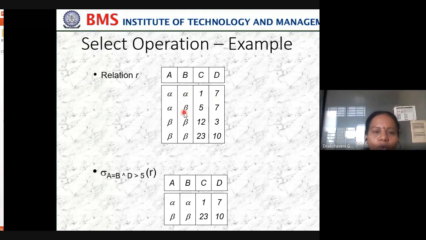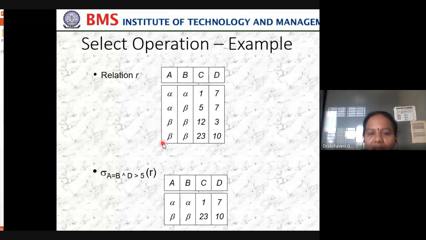Alpha, beta, no, I cannot. Beta, beta, yes. Beta, beta, yes. But there is one more condition: the D column should be greater than 5. Here 7 is fine, 7 is fine, 3 no, then 10 yes. So out of these 4 rows, some rows are not satisfying the condition.